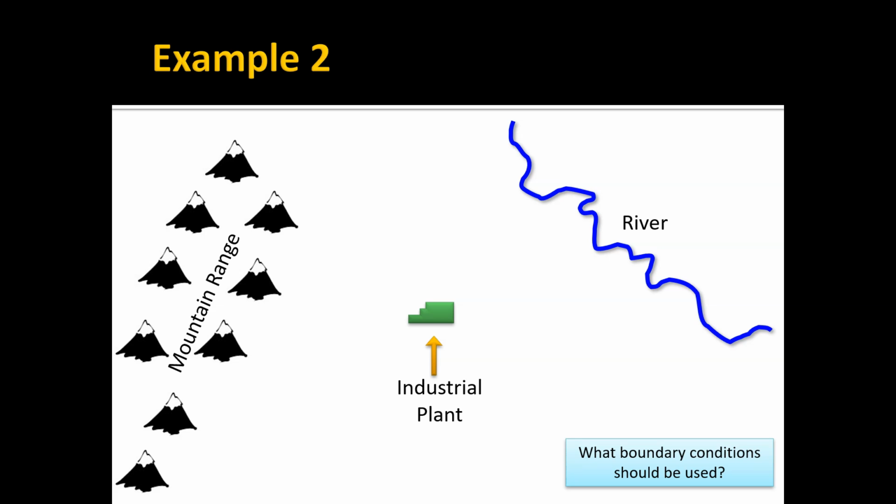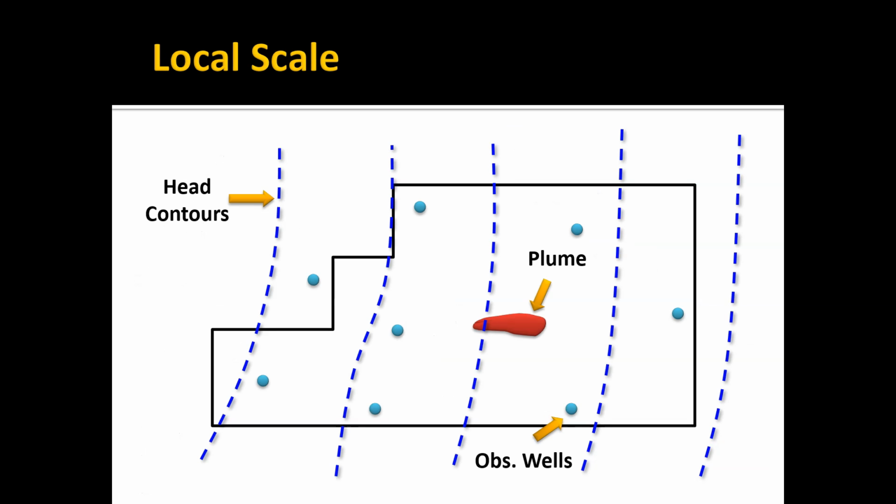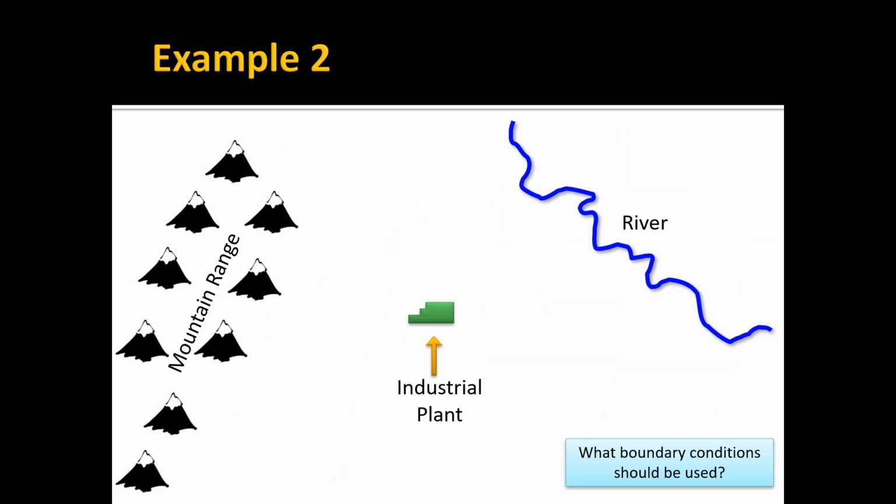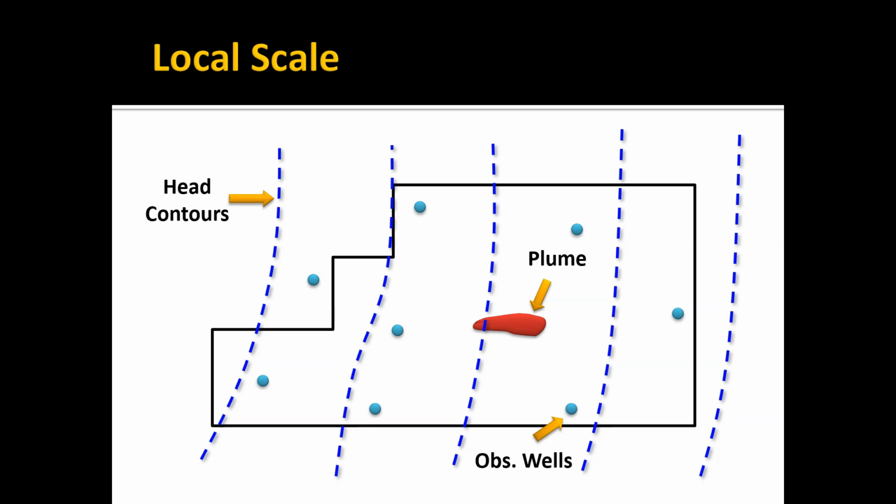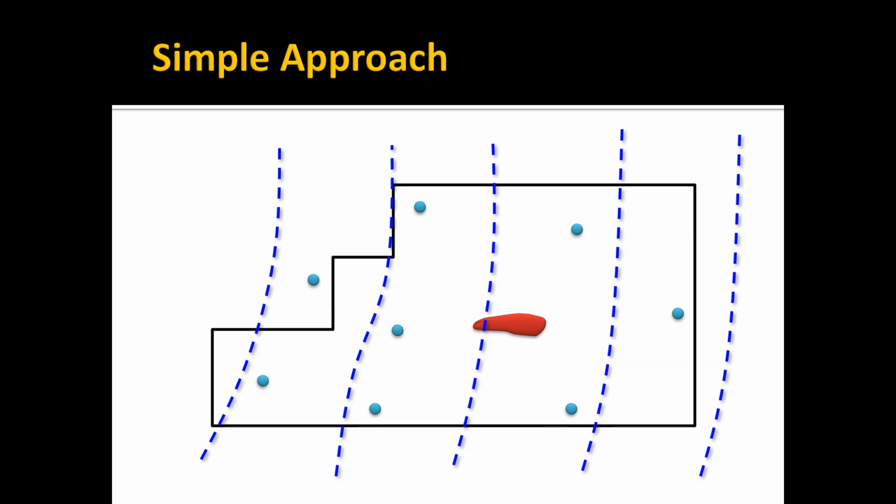So what kind of boundary conditions could we use? If we're going to do a local scale model, we just want to do a model in the vicinity of the industrial plant. One possibility is that we could look at the heads evident at the observation wells, and assuming that the groundwater flows from left to right, or from the mountain range to the river, if we look at those head contours, it might be tempting to say, well, what if we made a fixed head boundary condition, or a constant head, specified head, however you want to say that,